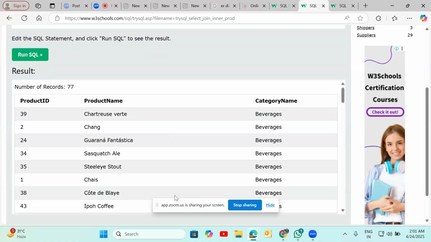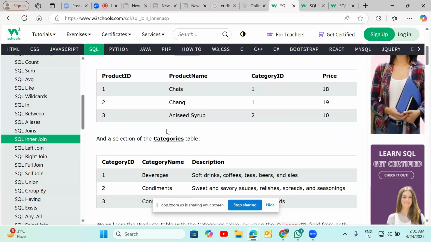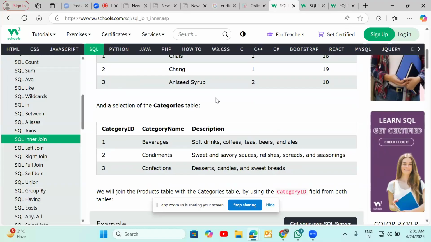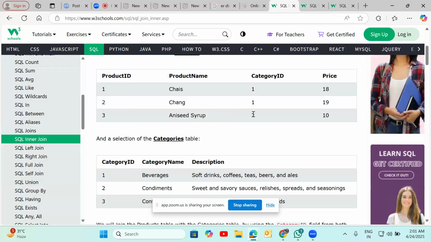Which records? 1, 2, right? But the other table is also there. Why will they give only the basic information? Consider product category ID 1, 1, 2 and category ID 1, 2, 3. How many records are in the join?